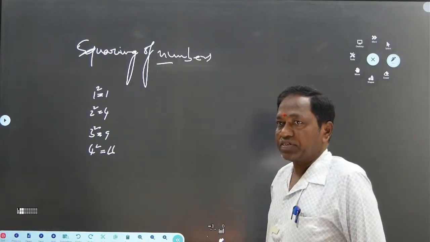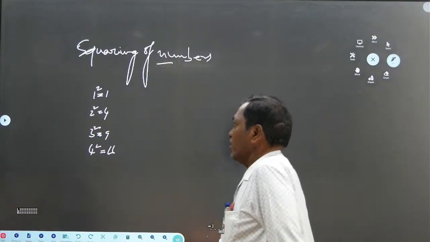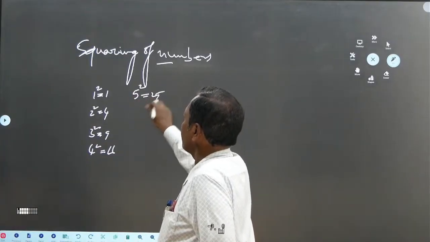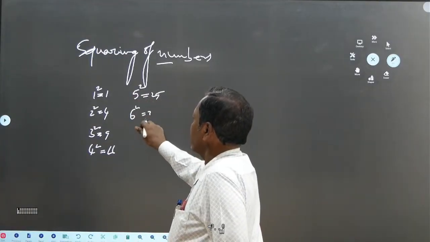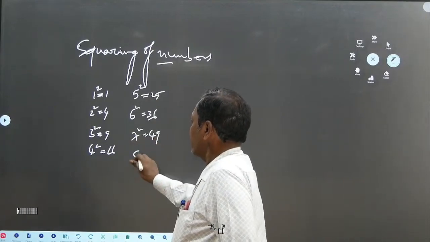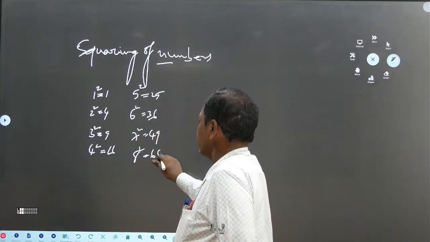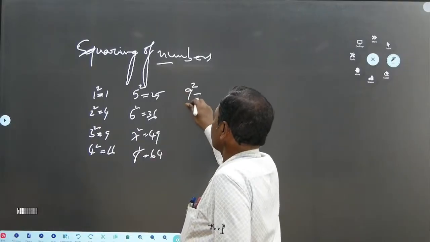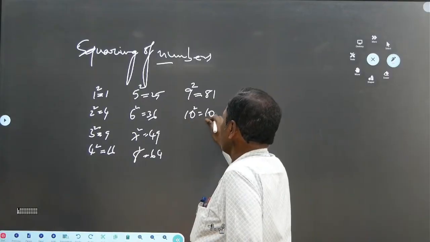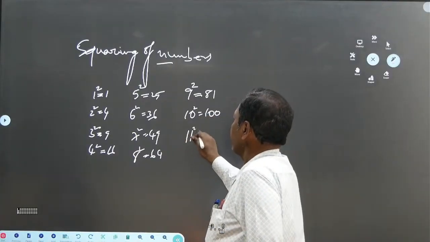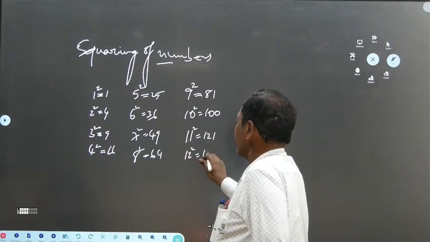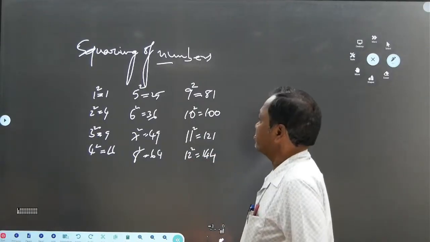That is the essential part here. 5 square 25, 6 square 36, 7 square 49, 8 square 64, 9 square 81, 10 square 100, 11 square 121, 12 square 144,